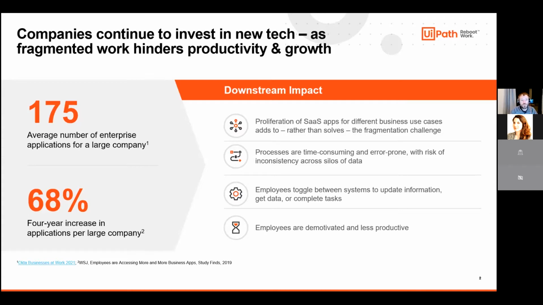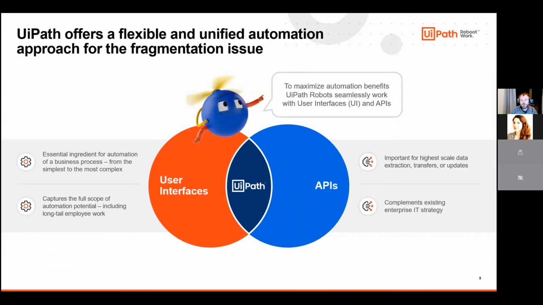What are the ways in which we want to automate those things, whether it be API-based or UI-based? This is the core problem we're trying to solve: how do we span these different systems and give you different ways and approaches to ultimately automate across them? This is where we're trying to combine the best of two worlds. We've got